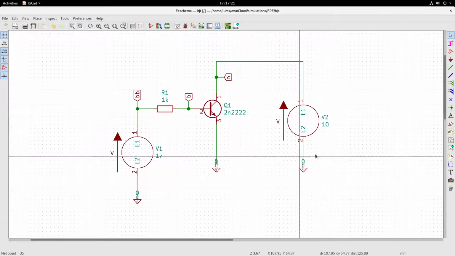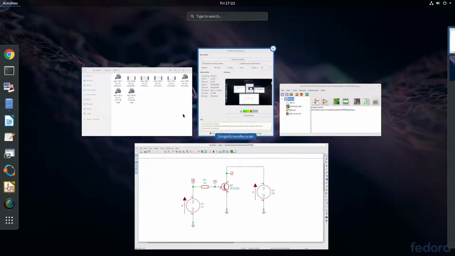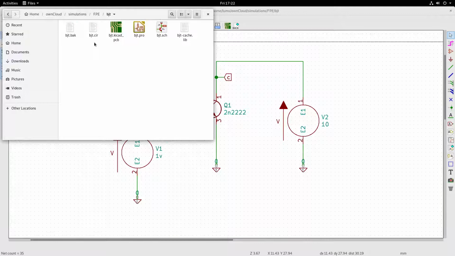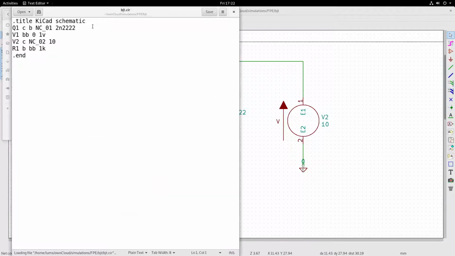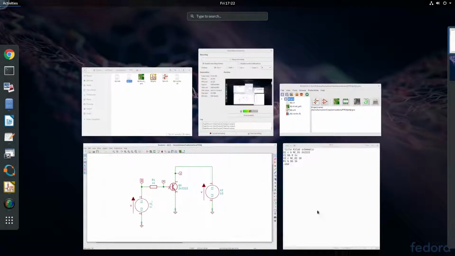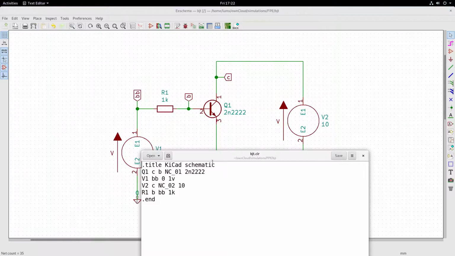So for this circuit, let us have a look at the netlist. Let us go to the directory. So here you have bjt.cir. Let us open bjt.cir and we should see the netlist. So you can kind of verify it. We can see this here.